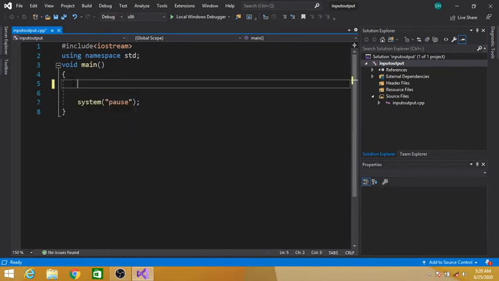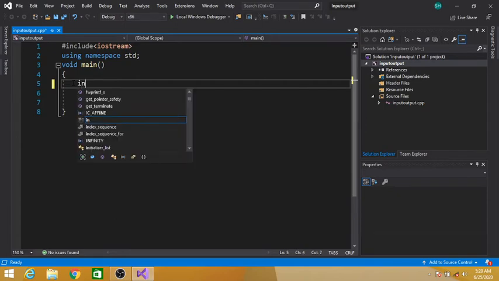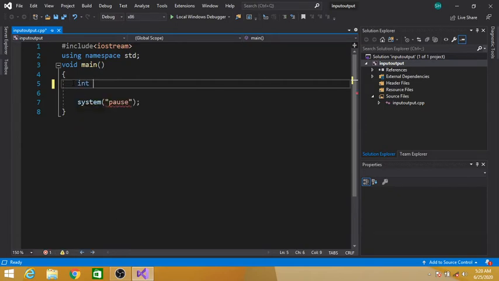For example, we are asked to write a program that checks whether the year entered by the user is leap or not. As we know that year is an integer, like 2010, 11, 12, so we have to declare an int year, an integer variable.